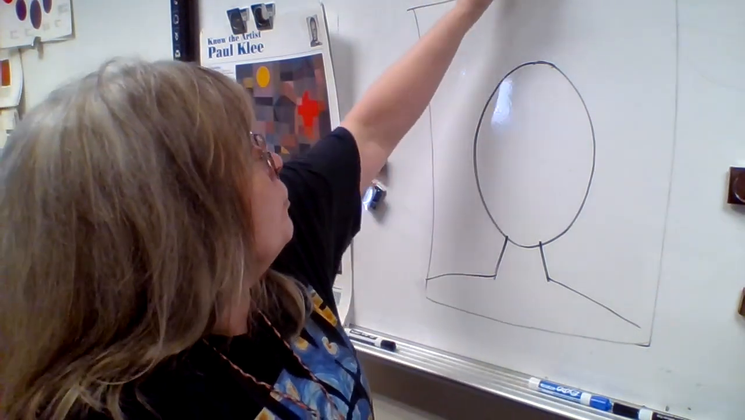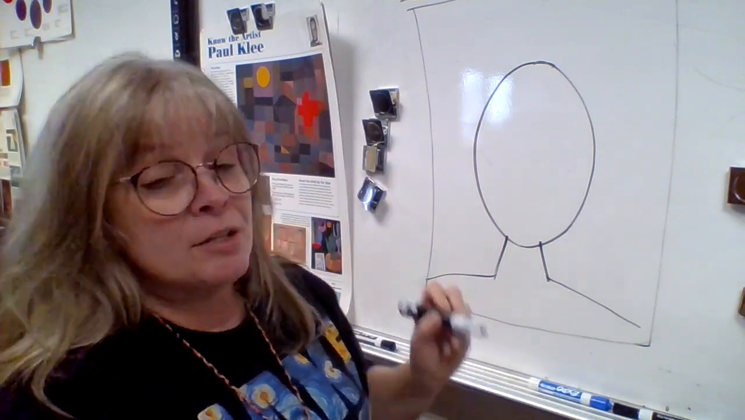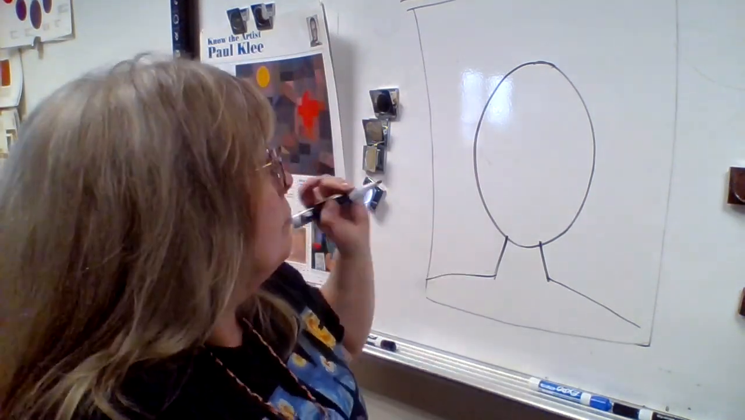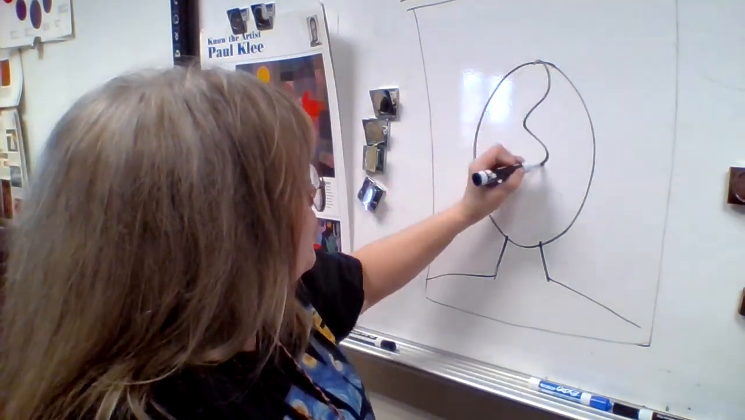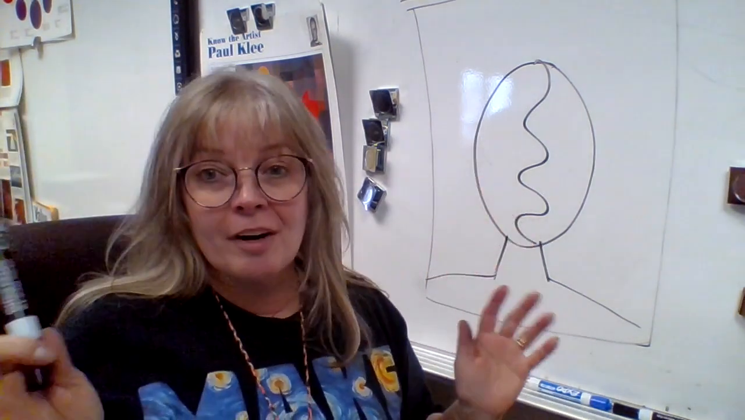And we're going to make some type of dividing line down the center of the head. It might be wavy, it might be jagged, it might be blocks. It's really up to you how you want to do this dividing line down the center of the head. So that divides our head into two halves. So they don't necessarily have to be even. They can be